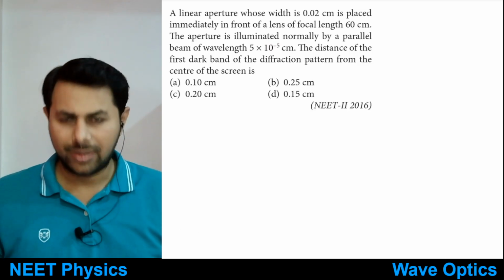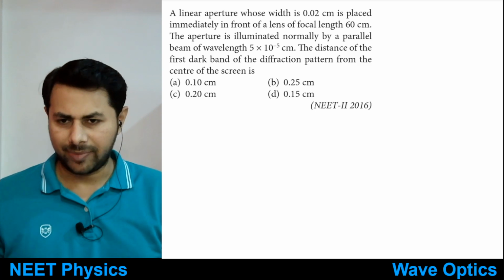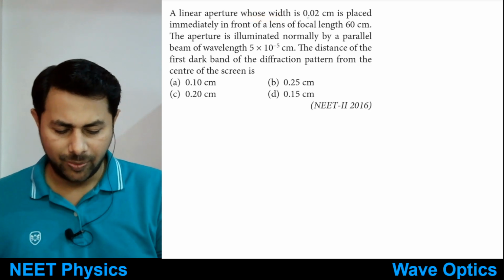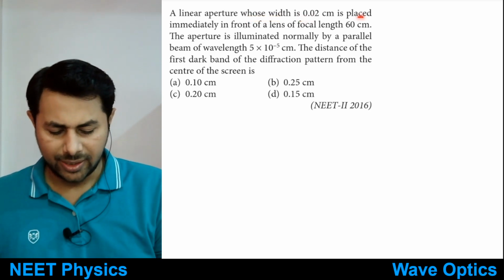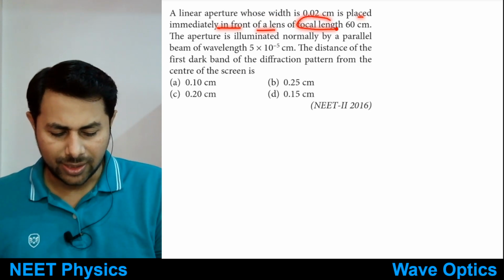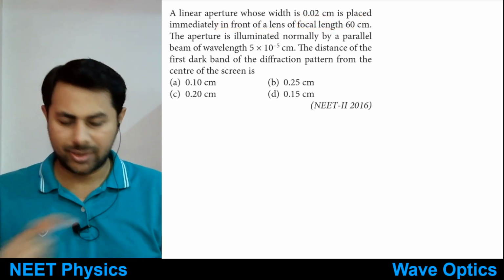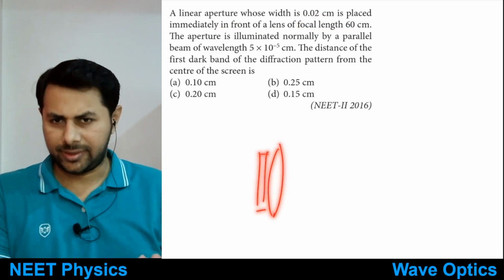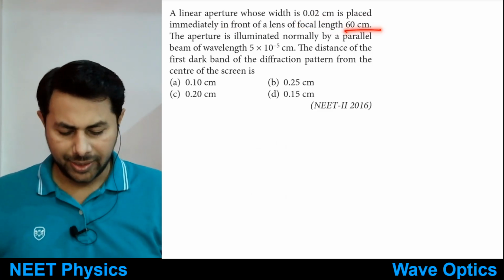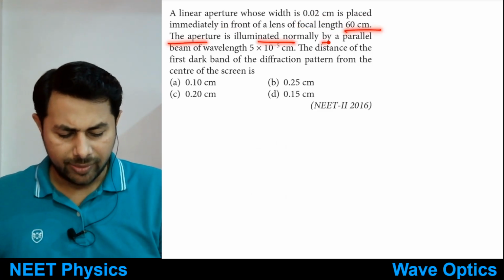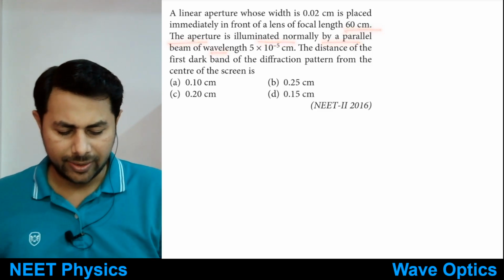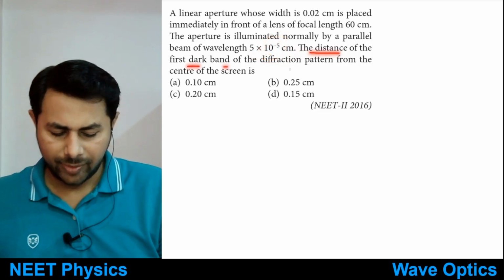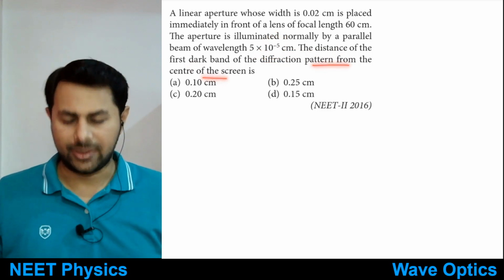Okay, so now let us see some problems based upon diffraction pattern. So let's see this one. A linear aperture whose width is 0.02 centimeter is placed immediately in front of a lens of focal length 60 centimeter. That means there is no separation between the slit and the lens, right? The aperture is illuminated normally by a parallel beam of wavelength 5 multiplied by 10 raised to minus 5 centimeters. The distance of the first dark band of the diffraction pattern from the center of the screen is, tell me,